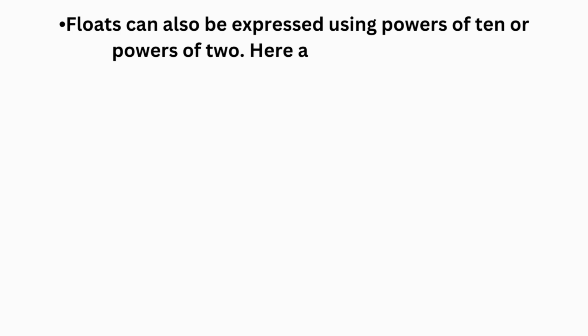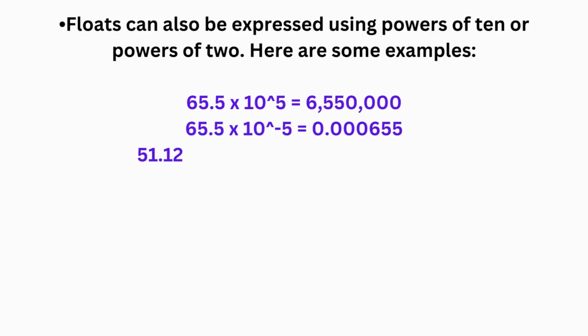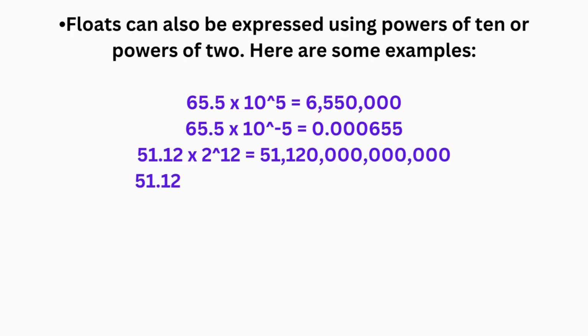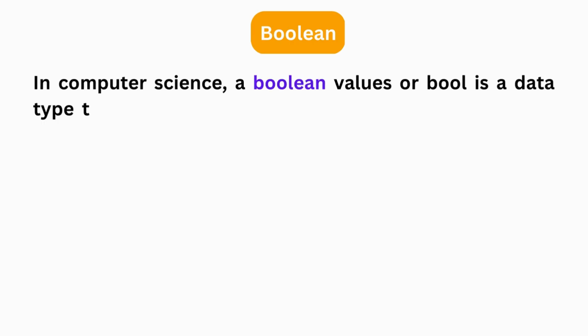65.5 x 10^5 is equal to 6,550,000. 65.5 x 10^-5 is equal to 0.000655. 51.12 x 2^12 is equal to 51,120,000,000,000. 51.12 x 2^-12 is equal to 0.00000000051112. Boolean. In computer science, a Boolean value or bool is a data type that has two possible values, true,